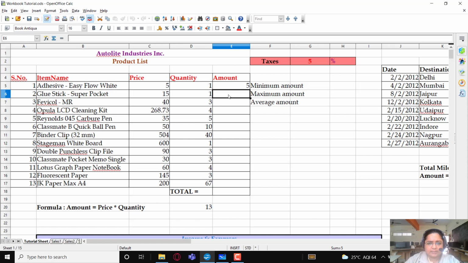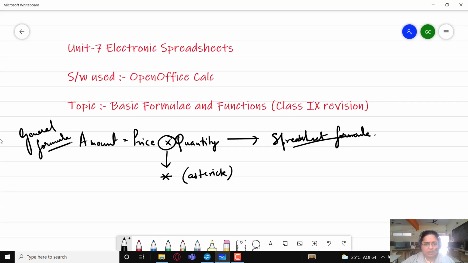Now students, a very important feature of any spreadsheet application is we do not need to apply the formula for each and every row. We need to apply it only for the first row, and for the rest of the rows we are going to use the autofill feature.